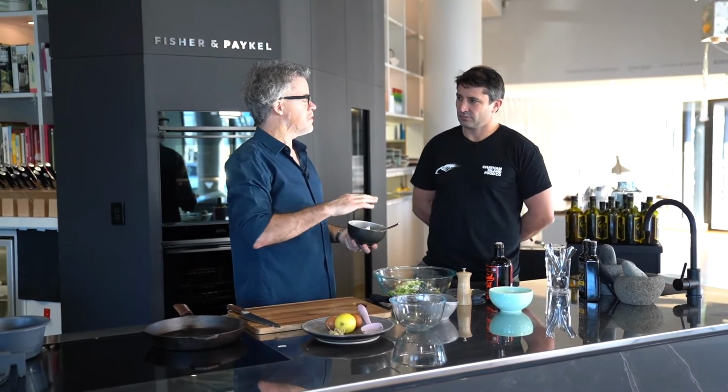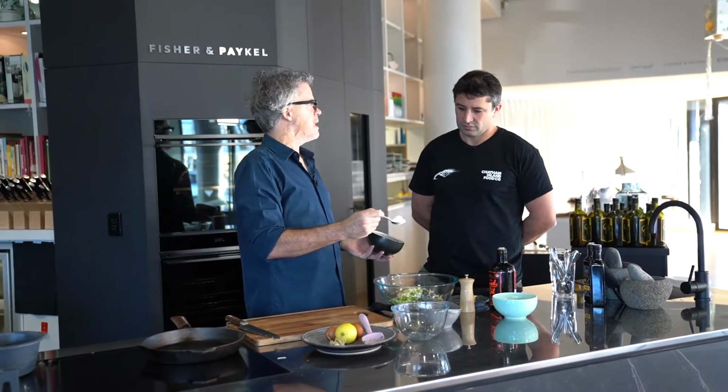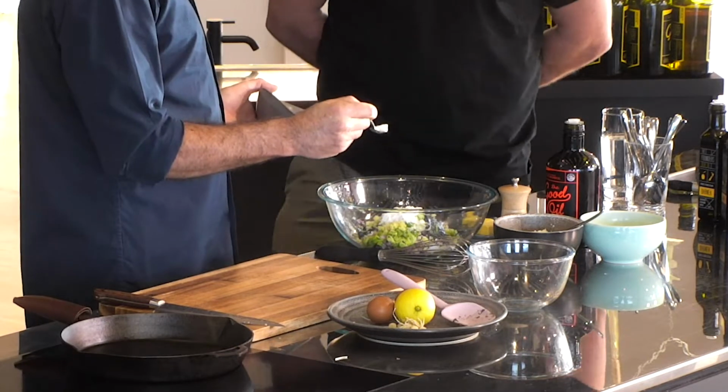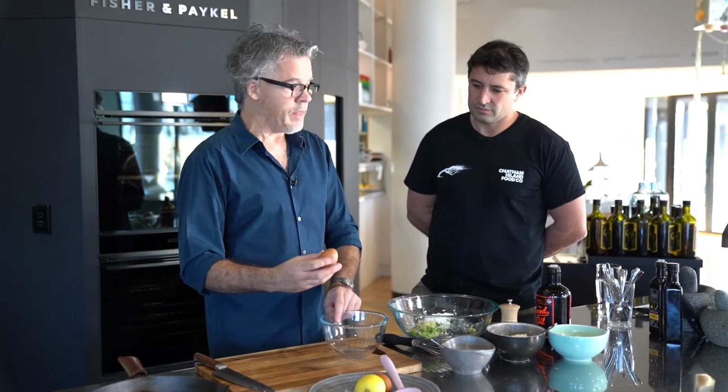it's just enough to sort of bind it together. So it's really like 1 heaped tablespoon. That's about 1/4 teaspoon of baking powder. If you don't have it, don't worry. I'm going to put in 2 egg yolks, but I'm going to do something really cool, I think, with the